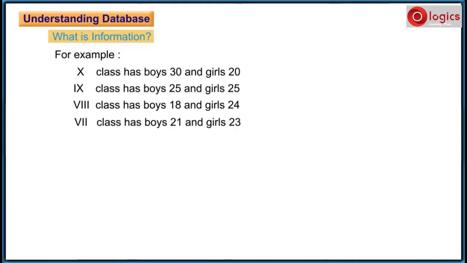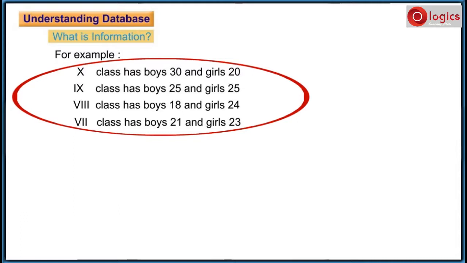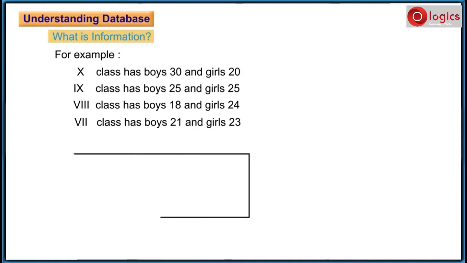For example, your school has many classes and each class has boys and girls. Let's take boys and girls number of each class. By seeing this information, how do you say which class girls are more than boys? Or else, what is the total number of girls and boys? These are different queries for the given information. To answer the queries related to above information is only easy when you organize the information in table format. Here I am going to organize this information in a tabular format.